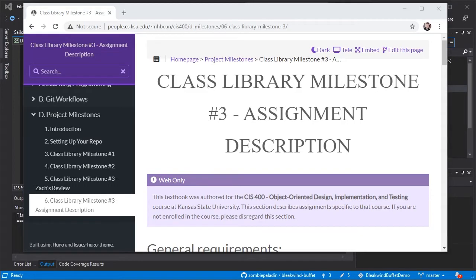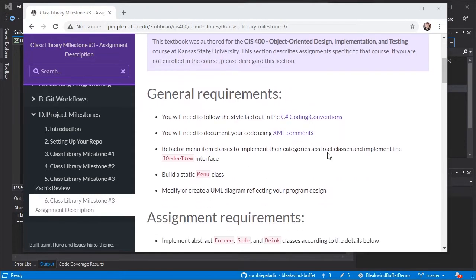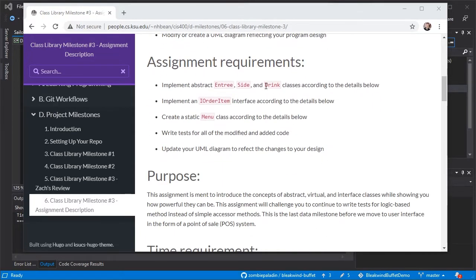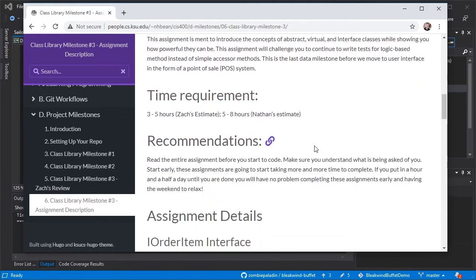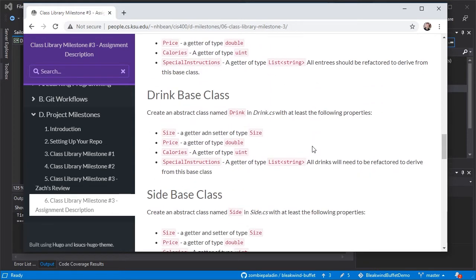Good afternoon, class. Today we're going to be looking at the Milestone 3 assignment, and specifically we're going to zero in on the requirement for creating an abstract class, in this case for the drink. So if we zoom down to those specific details, we're going to be creating an abstract class named Drink in